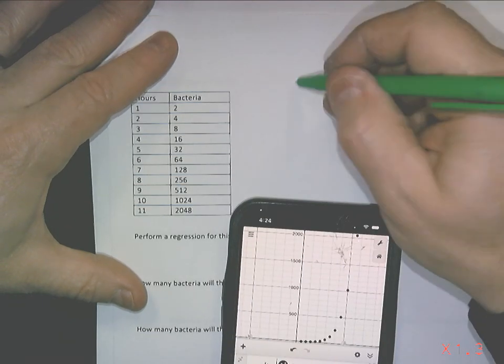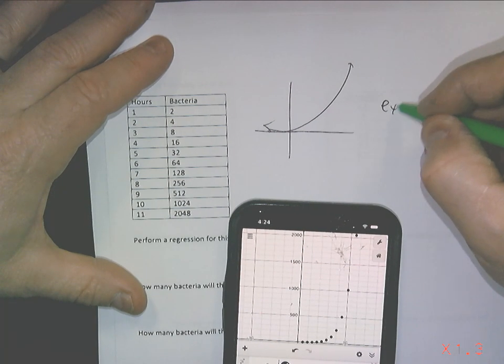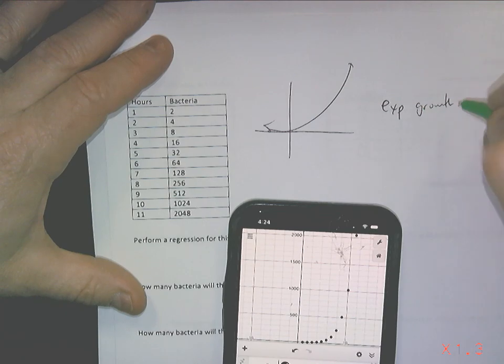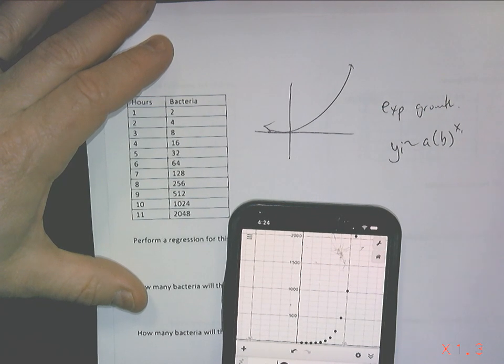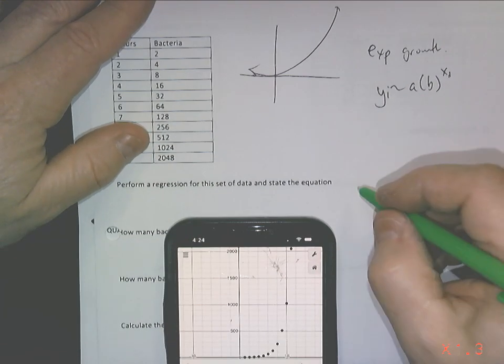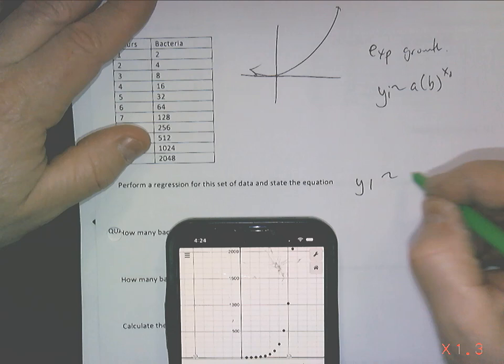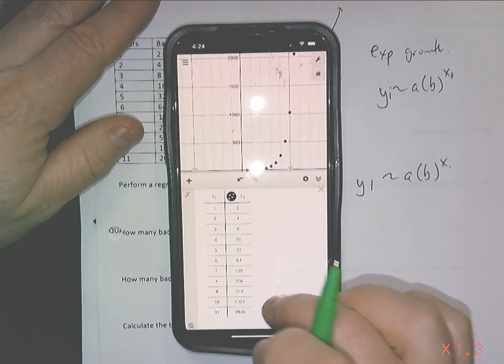So I might even, I'll just be like, boop, exponential growth. Formula, y1 tilde a b to the x1. There's my equation, y1 equals a b to the x1. Go and type in